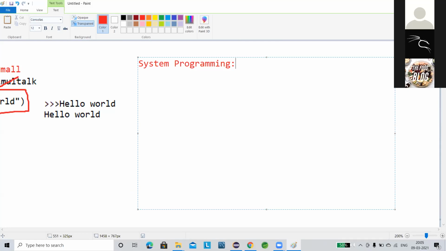In system programming, basically, what are the main languages used? You know, Java and C++. C++ is for hardware level coding, most of them. .NET is used sometimes, but C++ mostly.